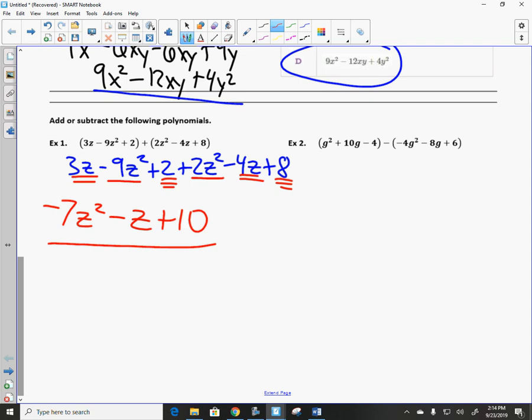So what do I have to do with the subtraction? Yeah, you're going to distribute the subtraction sign through. And so you change the sign on everything. So it becomes g squared plus 10g minus 4. So the first part stays the same. But the second part, when we distribute the subtraction sign,